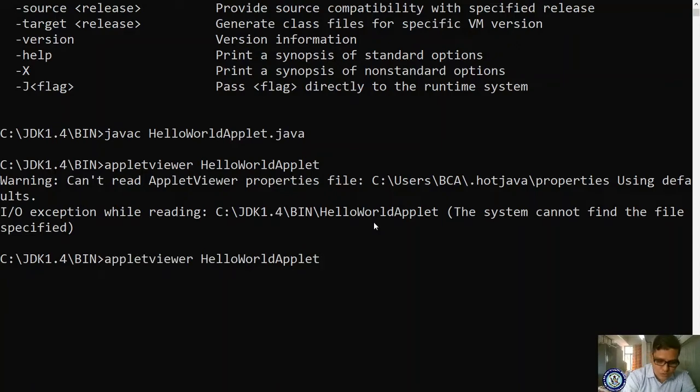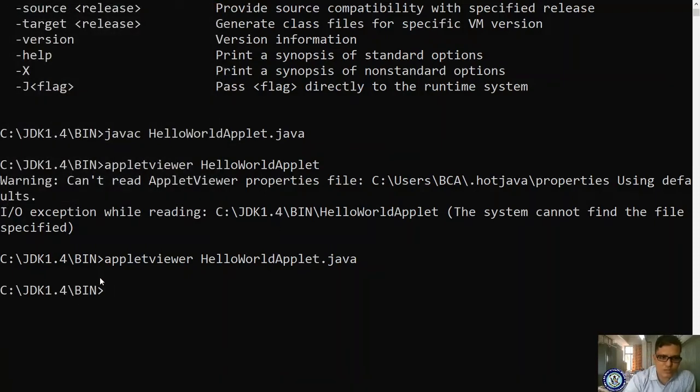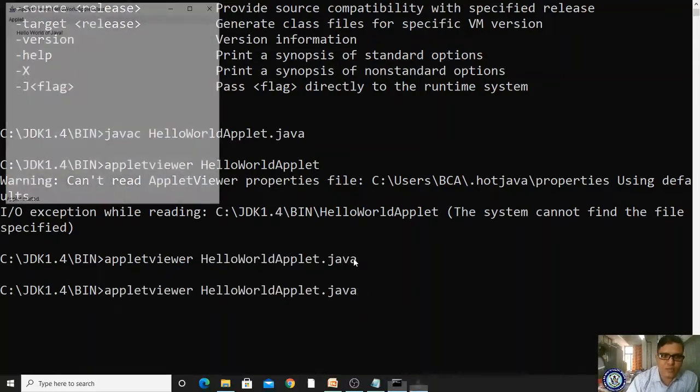It is compulsory to give .java here. Appletviewer is the command to run your applet programs. Please observe, appletviewer is the command, and you have to give the name of the applet .java. Afterwards, if you press enter, immediately